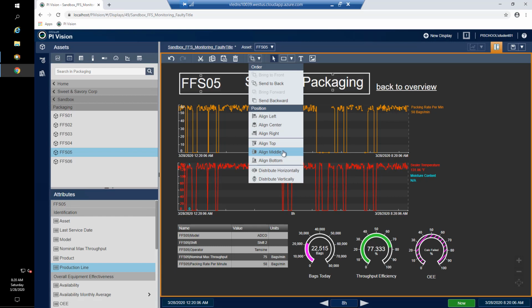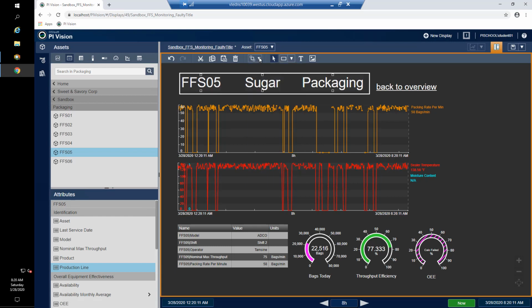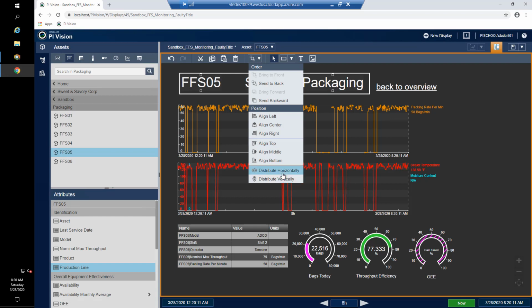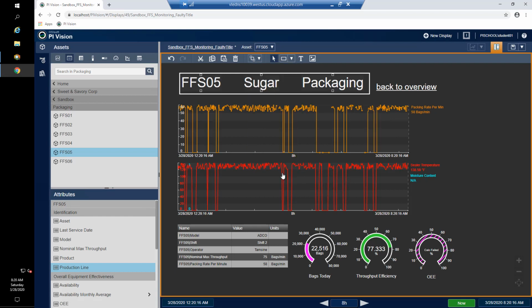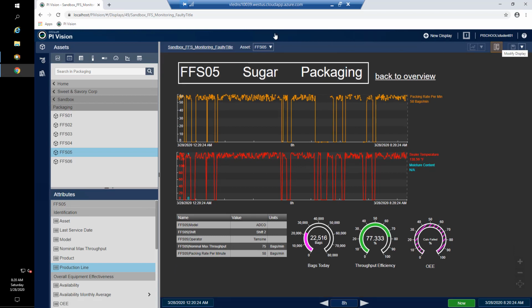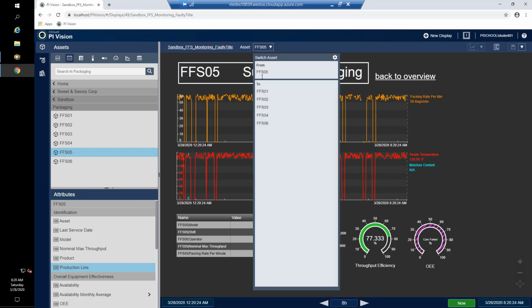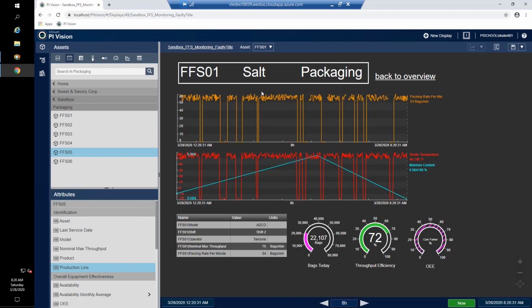So I align the middle, and then I can also distribute them horizontally, and that'll put all 3 of them equally spaced. If I save this and exit my build mode, I'm now able to change from FFS05, which is packaging sugar, to FFS01, which is a salt packaging station.